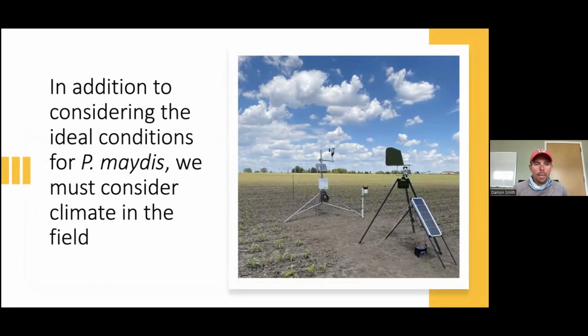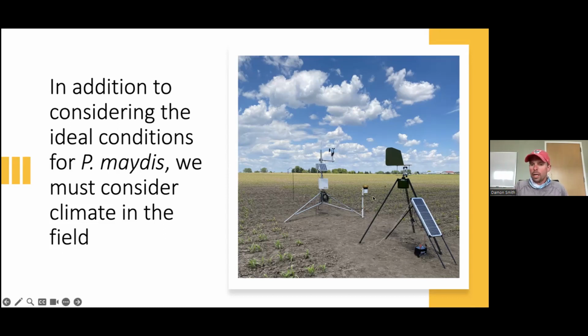So what does that mean for you dealing with this? Well, we also have to consider climate and what's going on weather-wise, right? So we can take what we know from small plot field work, we can then do controlled experiments, and then we have to look at what's actually happening in the agri-ecosystem to really understand how we anticipate this thing. We've been doing some work with, of course, weather stations, tracking weather. We're also using cloud-based weather information to drive some of our modeling work. We're also doing spore sampling.